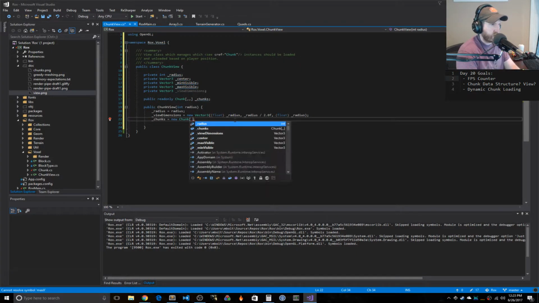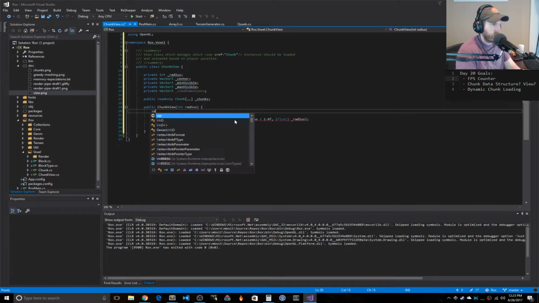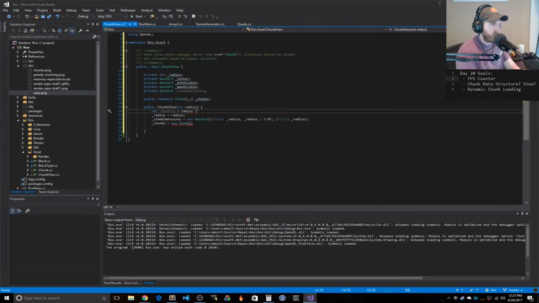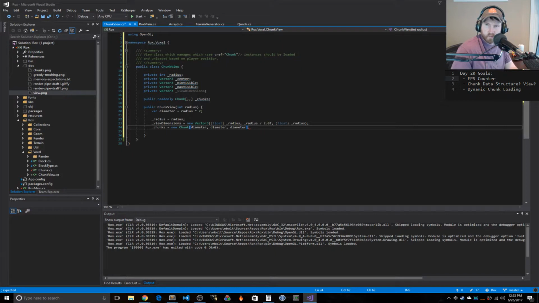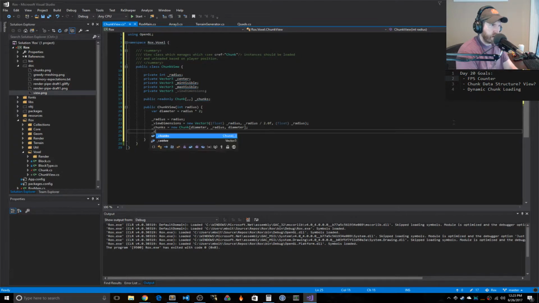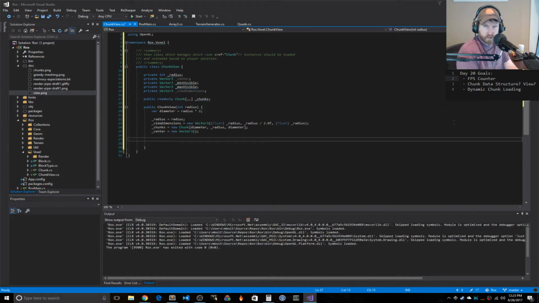I think we just want... I think this is going to be radius. This is going to be just our diameter. And so our diameter is going to include all of these, I think. Actually, the middle one's not. This could be just radius, actually. So we create that. Then we want our center just for right now. We'll just make our center just an empty. We'll just put it at the origin, and